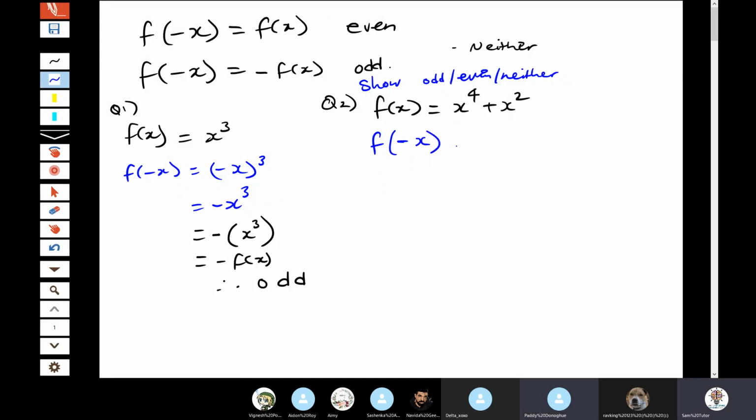If it gives you even, and if neither, you just say it's neither. Step 1, substitute negative x. If I substitute negative x, what's a negative to the power of 4? What's going to happen? Positive. Again, negative squared, positive. Then obviously,